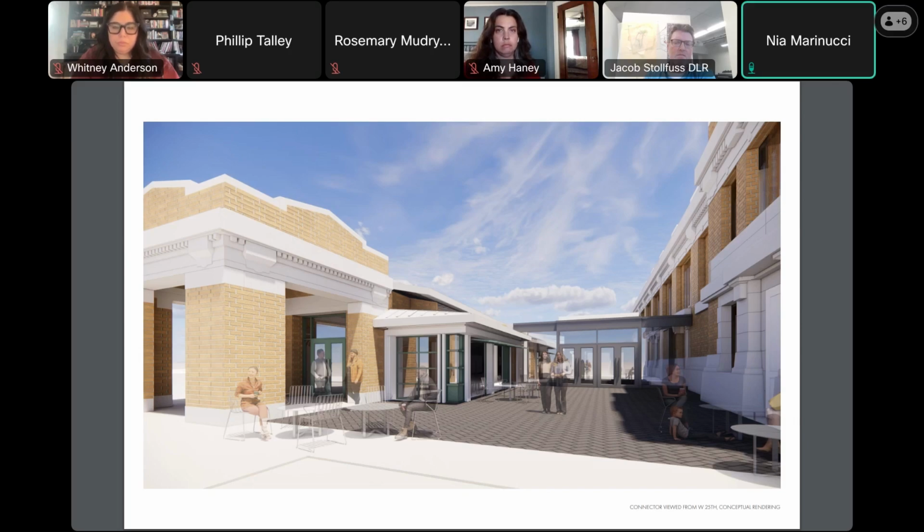I'm fresh off of a visit to Findlay Market in Cincinnati, and I just can't help but appreciate, when I'm at other historic markets such as that one, the really amazing synergy that happens in these alley spaces between different portions of markets. I kind of bristle at this, because it does feel like a barrier to me.